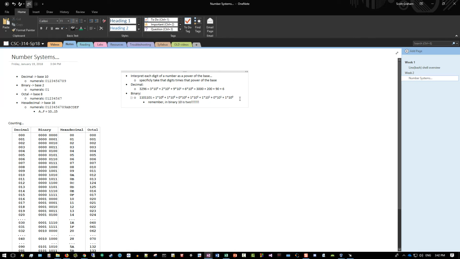Now, let's see. If we want to reinterpret the above in decimal, then what do we have? We have 1 times 2 to the 6th. Well, what is 2 to the 6th power? That's 64. So that's 2 to the 6th